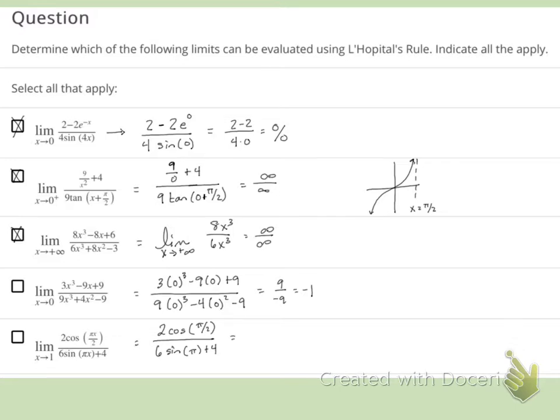Well, at pi over 2, cosine is 0. So this is going to be 2 times 0. And at pi, sine equals 0. So this is going to be 6 times 0. But then we have this plus 4, which means we'll have 0 over 4, which